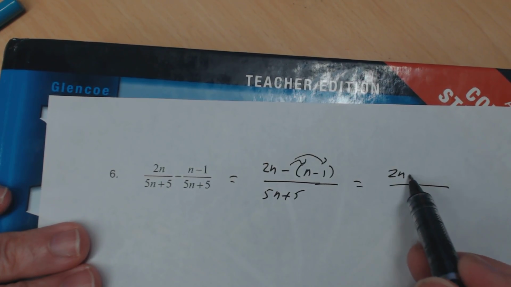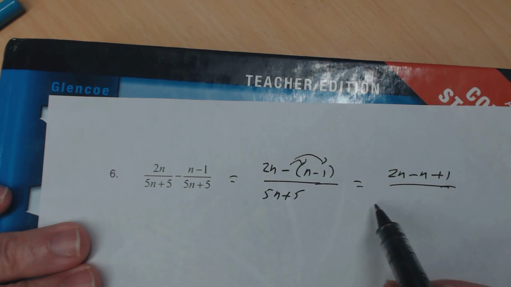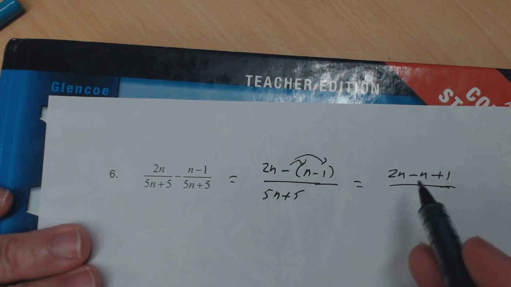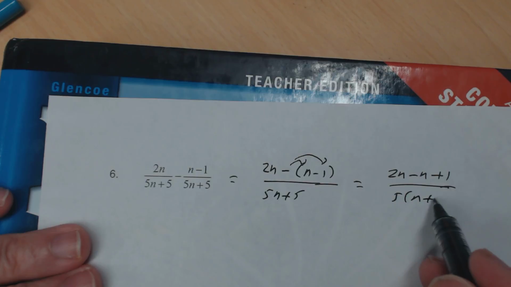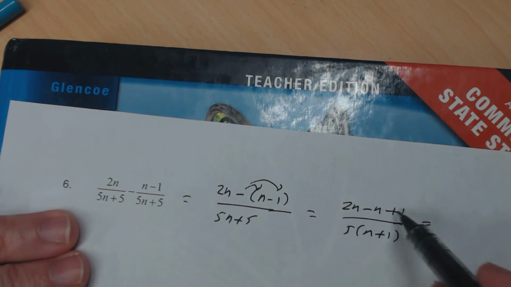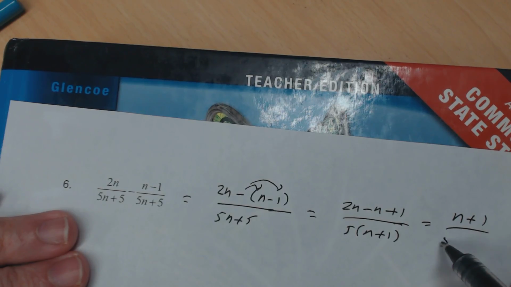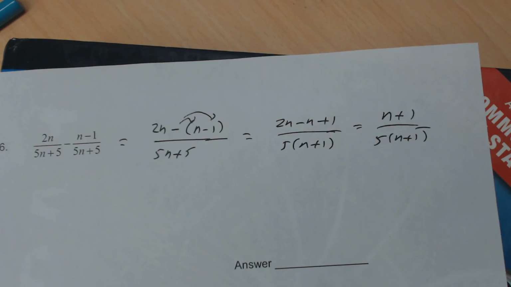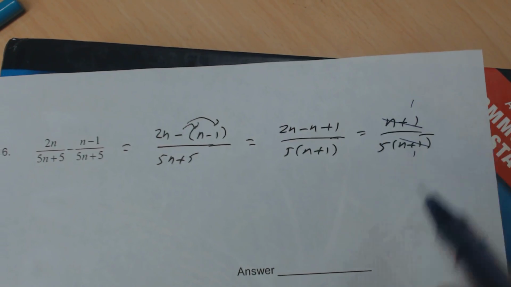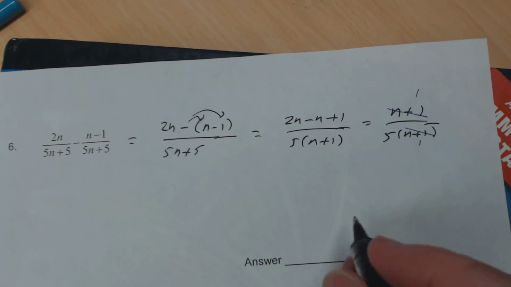I'm going to get 2n minus n plus 1, and I'm going to go ahead at this point and factor out a 5. So it'll be 5 times n plus 1. Combining like terms in the numerator, 2n minus n is n, so I get n plus 1 divided by 5 times n plus 1, and then reducing, the n plus 1's divide out,